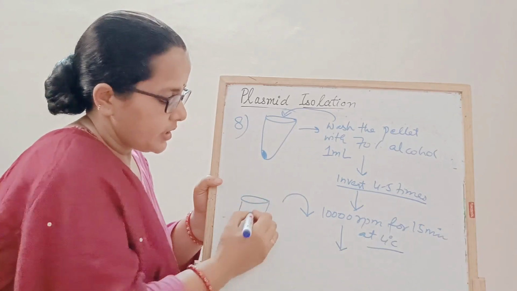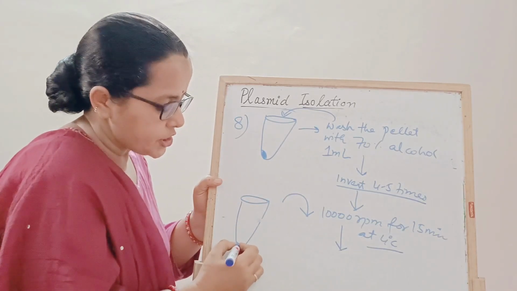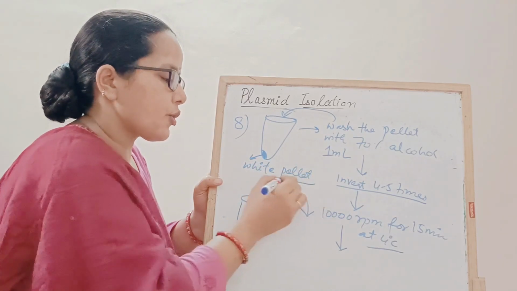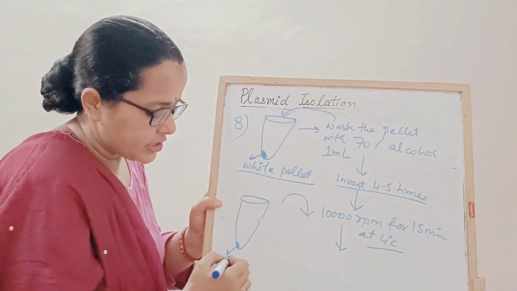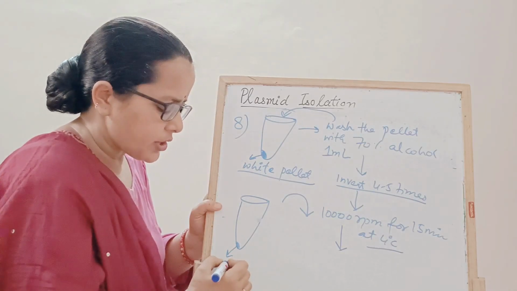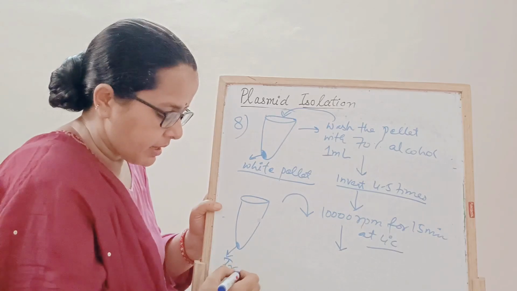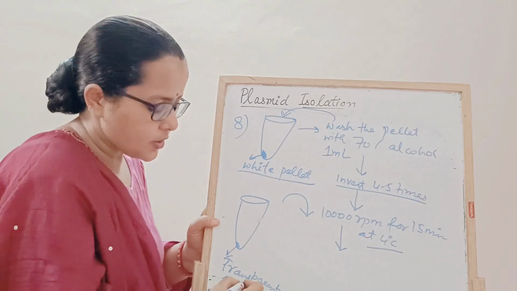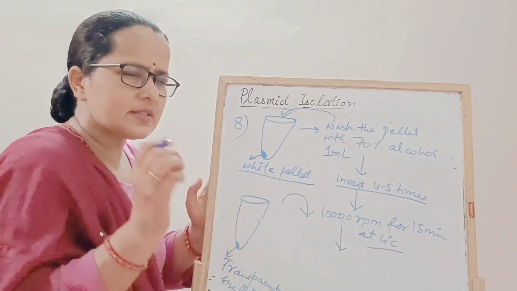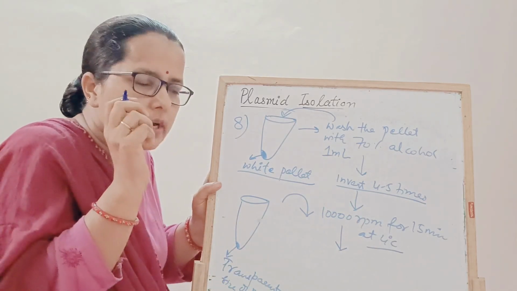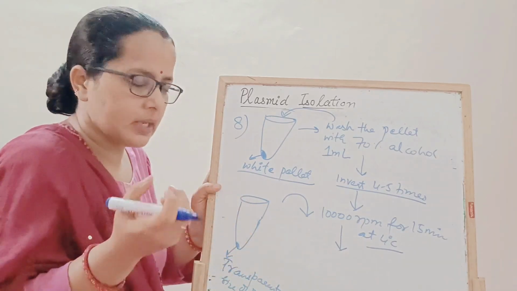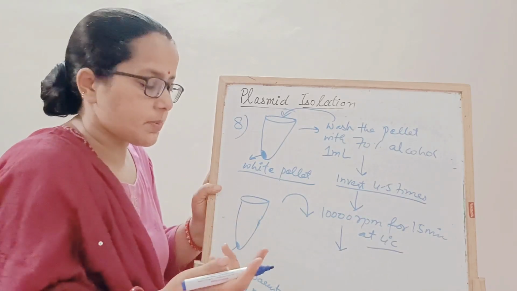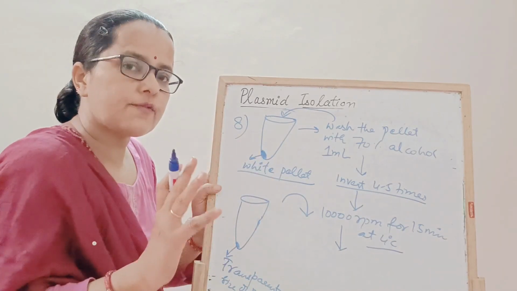So this is your tube, this is your pellet. Before washing it is a white pellet, but after washing the color of the pellet will change. It may become very light or transparent, or the size of the pellet is reduced. It is a very light white, very small dot-like pellet, hardly visible, so you have to guess where the pellet is. It can be transparent because this white pellet is because of your salts.